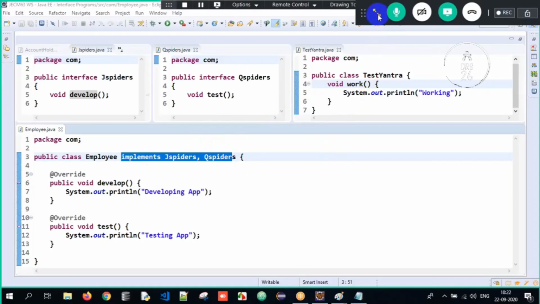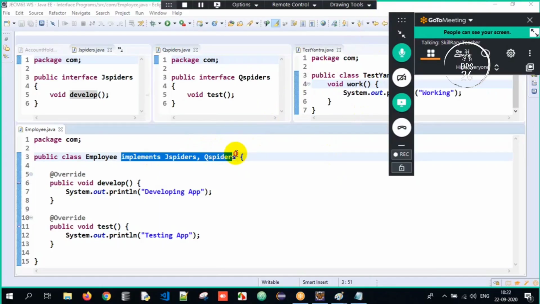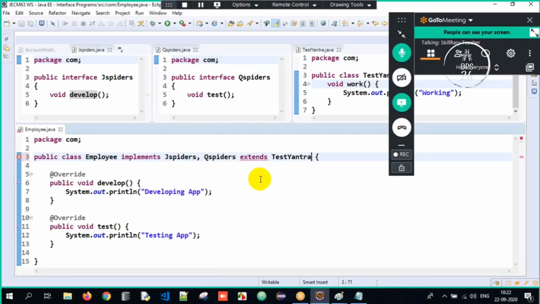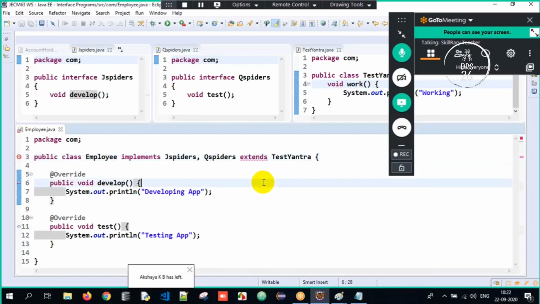It's possible. A class can implement any number of interfaces and extend another class. But as soon as I write extends Test Yantra here, it gives me an error. It's possible, I'm only telling you.